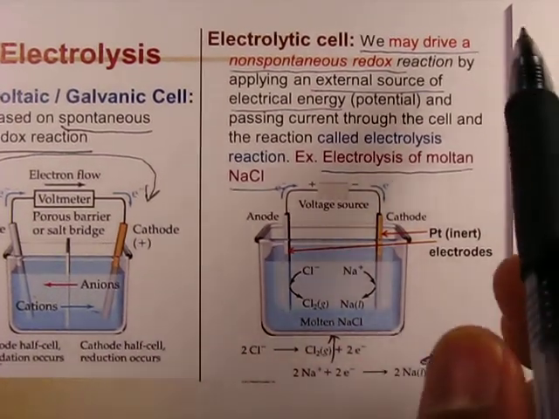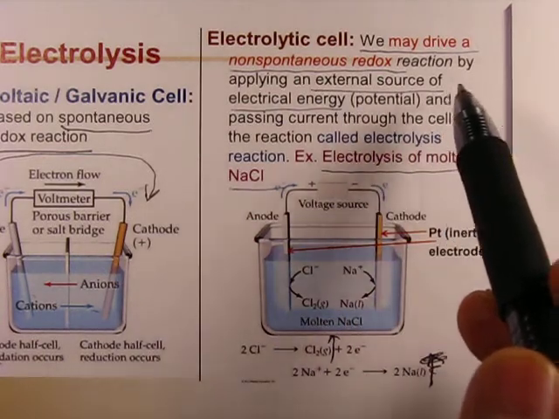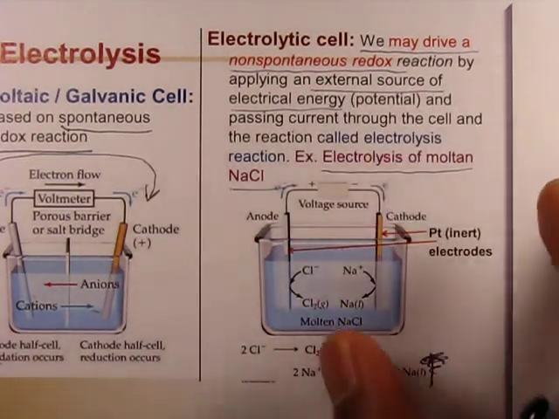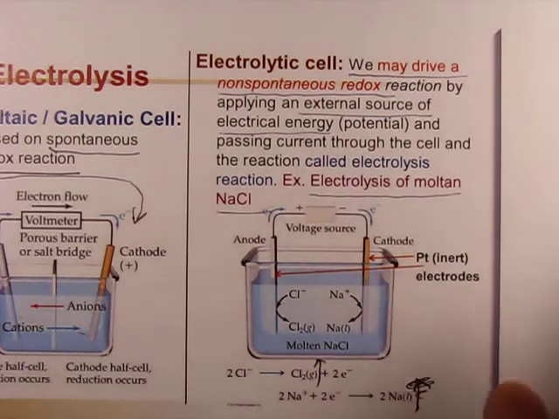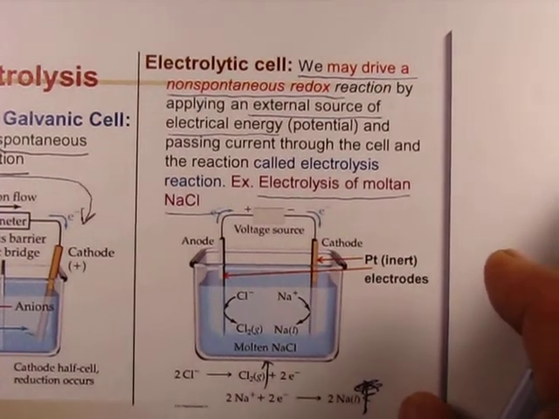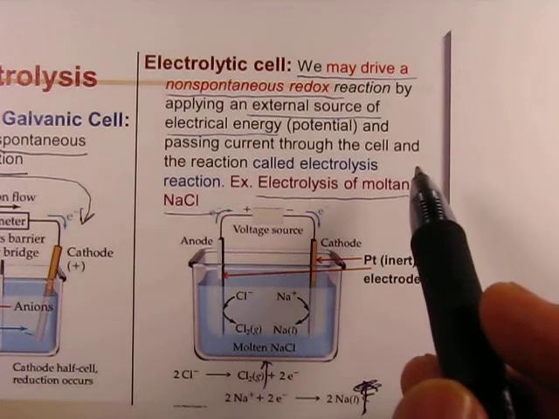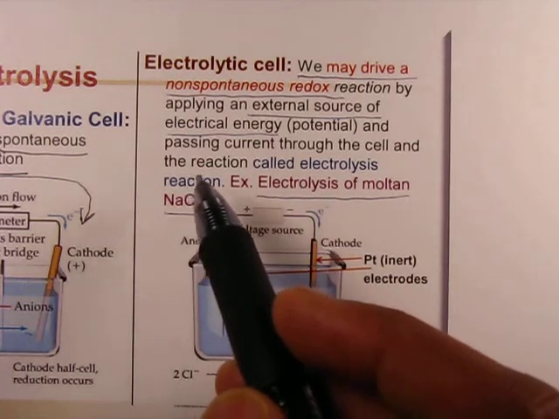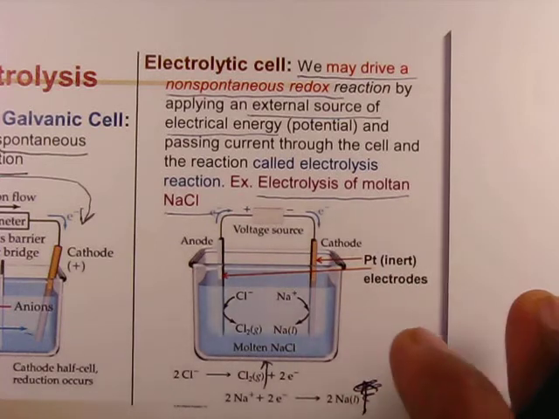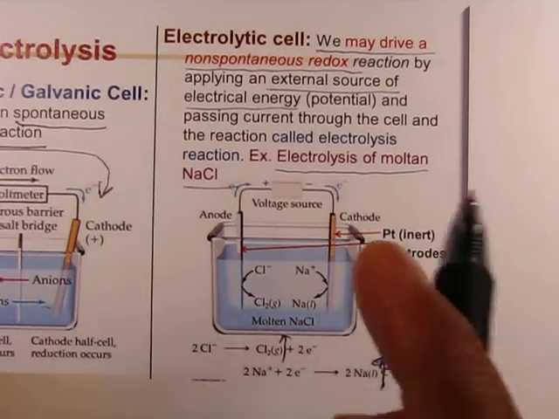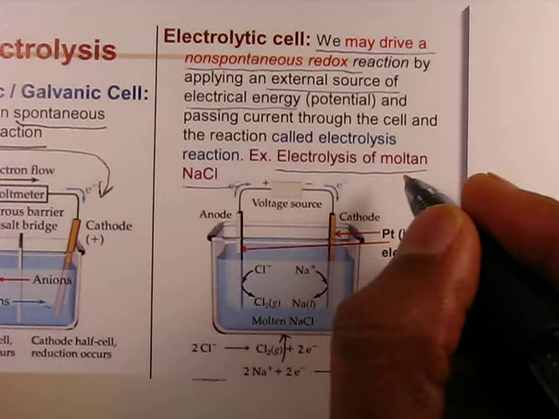So basically here a chemical reaction is occurring to move the electron flow, but in the case of an electrolytic cell we may drive a non-spontaneous reaction by applying an external source of electrical energy or potential and passing current through the cell, and the reaction is called electrolysis. For an example, electrolysis of molten salt. So here we have sodium chloride which is molten,